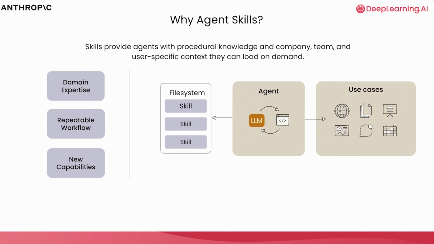What skills allow us to do is provide a repeatable workflow with very articulate steps or instructions that allow the agent to perform a task that we can start to predict with more accuracy. Skills also introduce the idea of new capabilities, things that an agent does not know how to do out of the box, or even data that Claude has no idea how to operate on. When we bring in these new capabilities, we unleash an entire ecosystem and new functionality for our agents with minimal